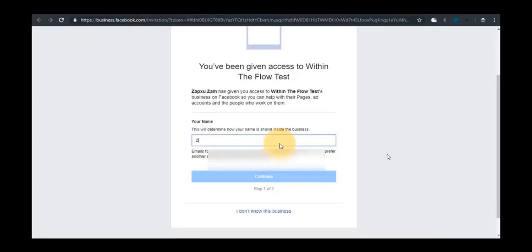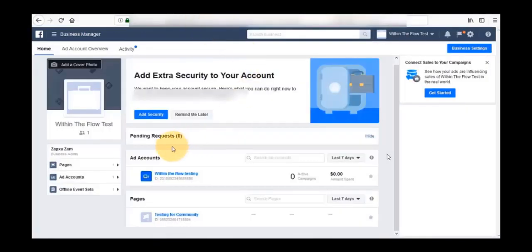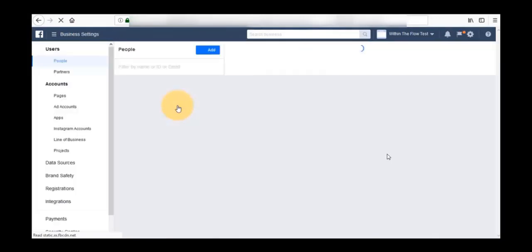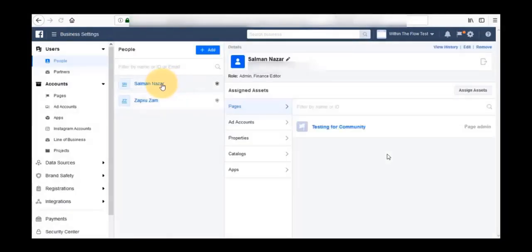and your name, for example, I'm going to write my name, Salman Nazar, and fill out all the related information, and here I go. A brand new accessible business manager. I just refresh the page from that new ID, and here I can see Salman Azhar is added, and I